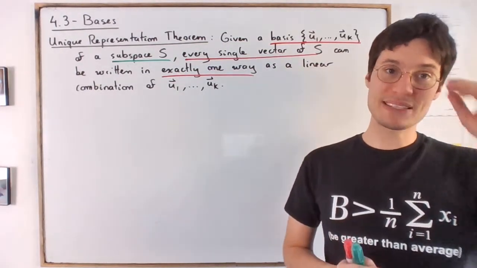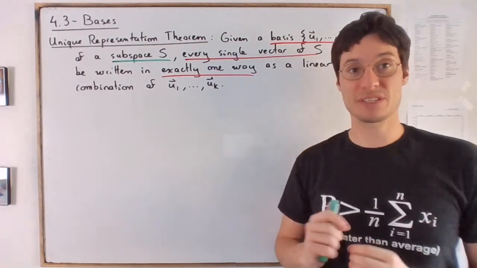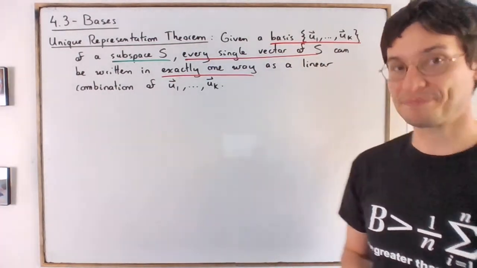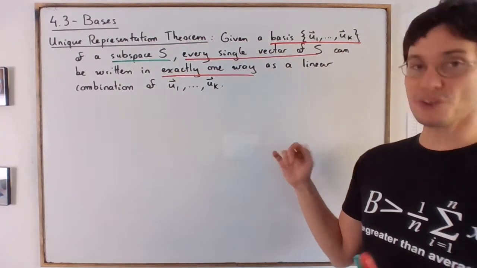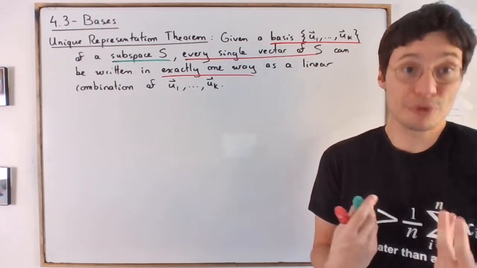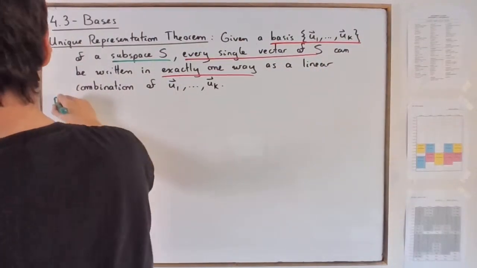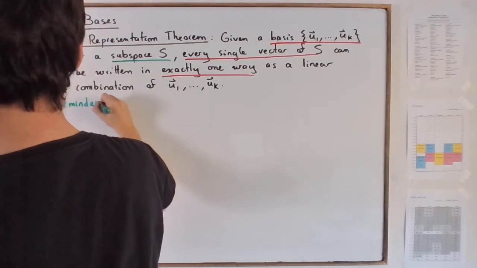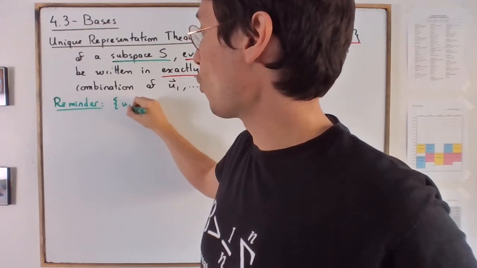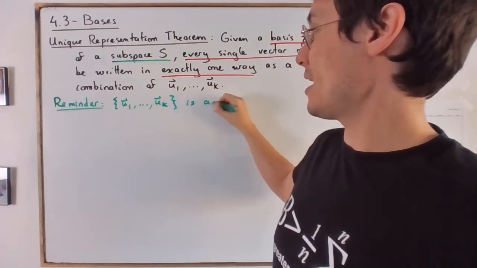This theorem is not surprising because bases were invented for exactly this purpose, in order to be able to represent a vector by a single linear combination. So first, before we prove this theorem, let's remind ourselves of the definition of a basis, because the proof falls from that definition. I'll just say reminder because we have seen the definition in class. U1 until UK is a basis of S